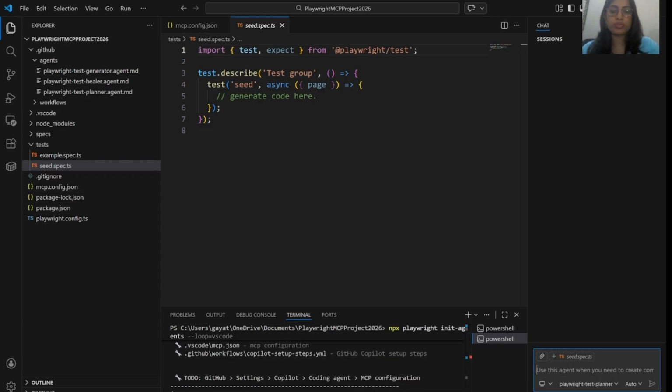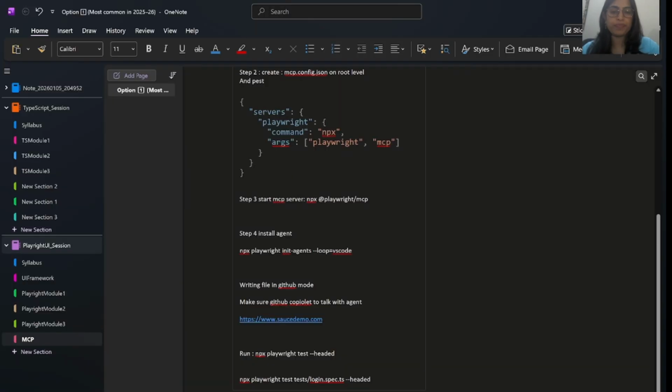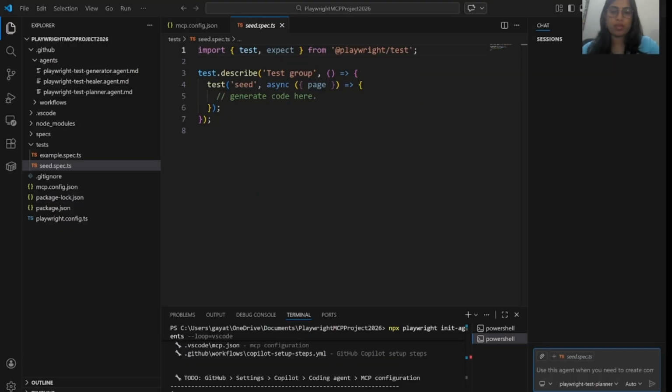So what I am going to give here is: this is my web UI, which you have to understand and explore, and based on that write the test plan and test cases for it.